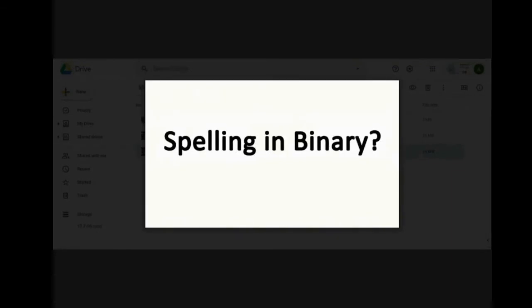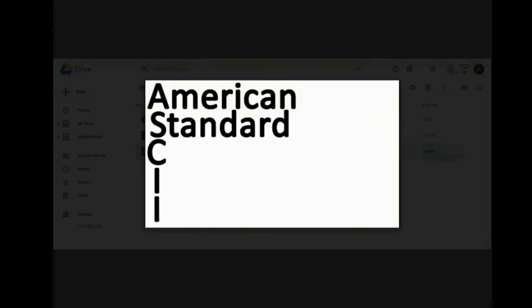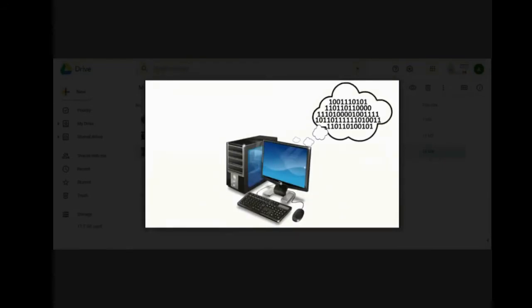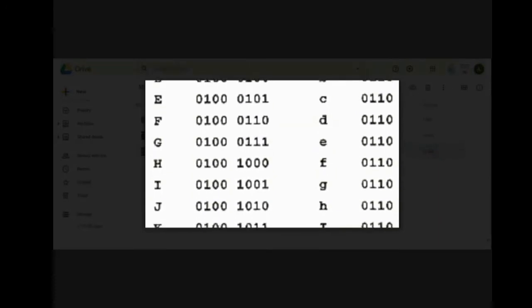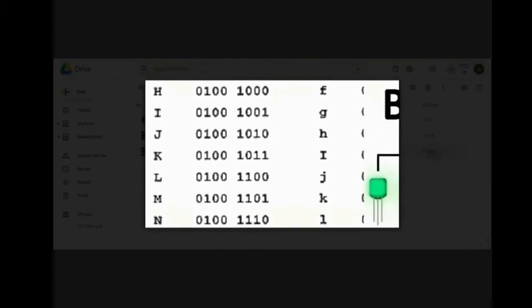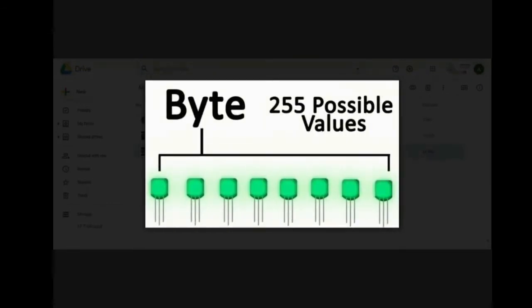So if binary is just a system of counting, what do people mean when they explain how to spell things in binary? Well, what they really mean is how to spell things with ASCII. The American Standard Code for Information Interchange is a way to convert a computer's data, which can only be in numbers, and turn it into letters for humans to have an easier time to work with. ASCII simply assigns a character to each value represented by a byte of binary. And because a byte has 8 digits of binary to work with, and 8 digits of binary can represent up to 255 values,